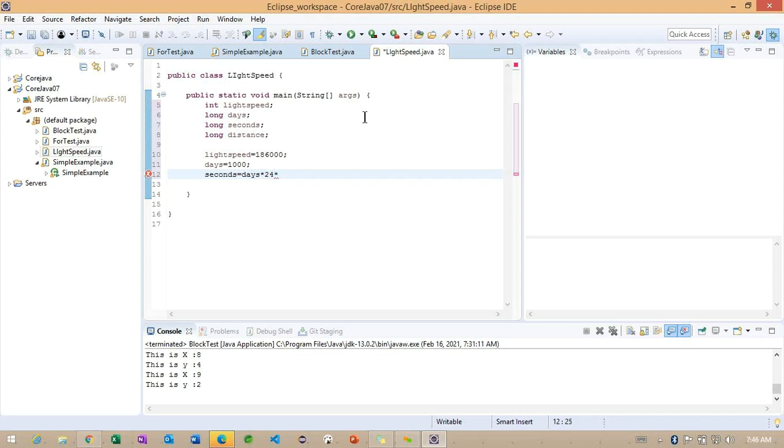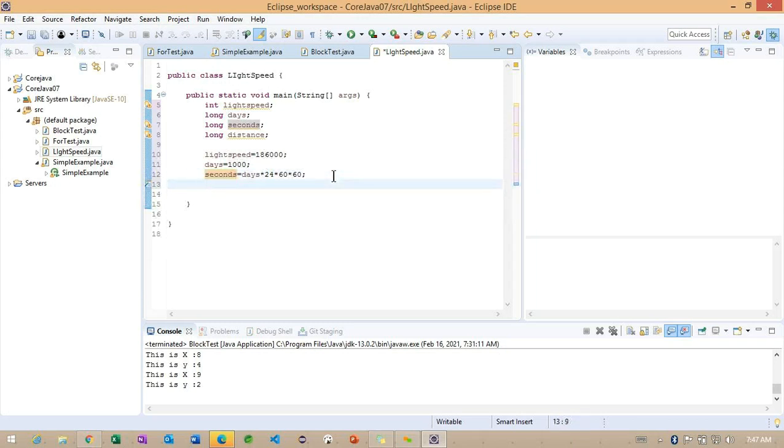So after days, we are having some hours and minutes and some seconds. So this is the multiplication operation I want to do here to get the seconds. In a day we are going to have how many hours, in 1 hour how many minutes, in 1 minute how many seconds we are having. Some multiplication I want to do. Finally, we are going to get some seconds here.